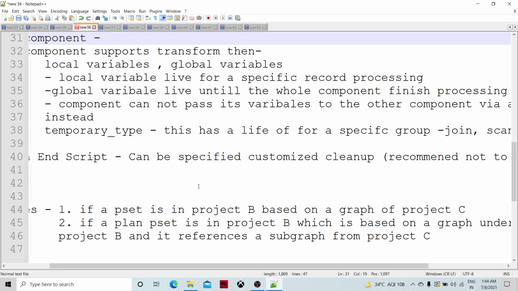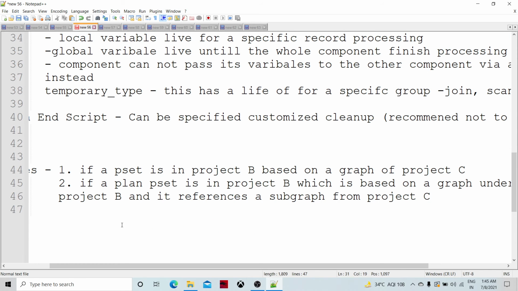The association of this graph level parameter is going to be with project C. But we have created the PSET in project B, so the overriding of the value, the dynamic scope, right, is going to be led by project B. So the PSET values will be used while executing the PSET. Okay.